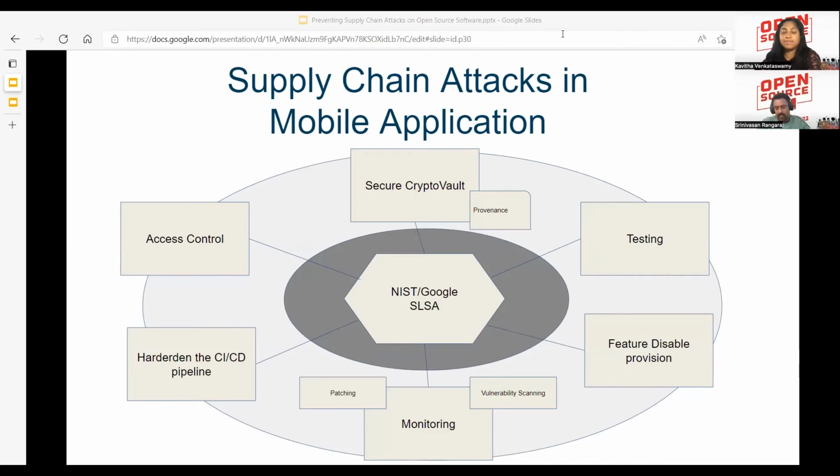And last but not the least, we have to have a provision to disable open source components from your app in case of a worst case scenario. Say, assuming there is a 0-day attack that happens on the app, then from a server side, you should be in a position to disable this particular feature from your app.